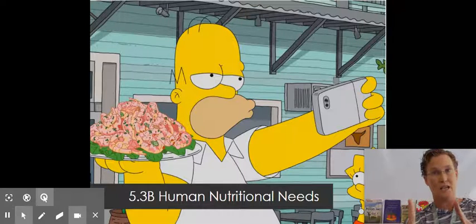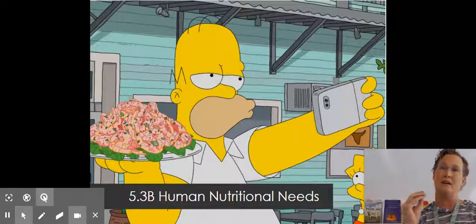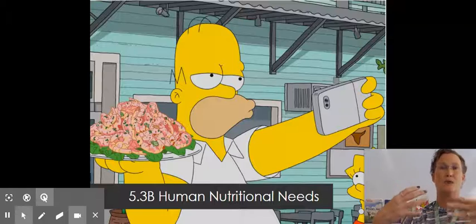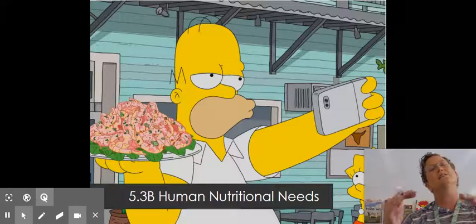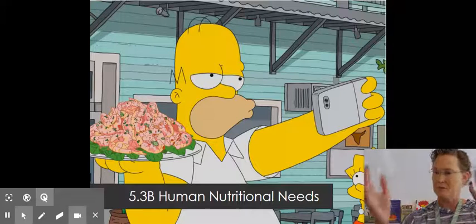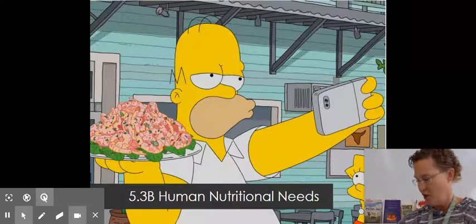Now, I want to tell you all that I do eat meat, but I am careful about the kind of meat that I eat and where it comes from, because I know how much of an impact it can have on the environment. So we can have discussions about what you choose to eat based on the knowledge that you have. So let's get going on this lecture.